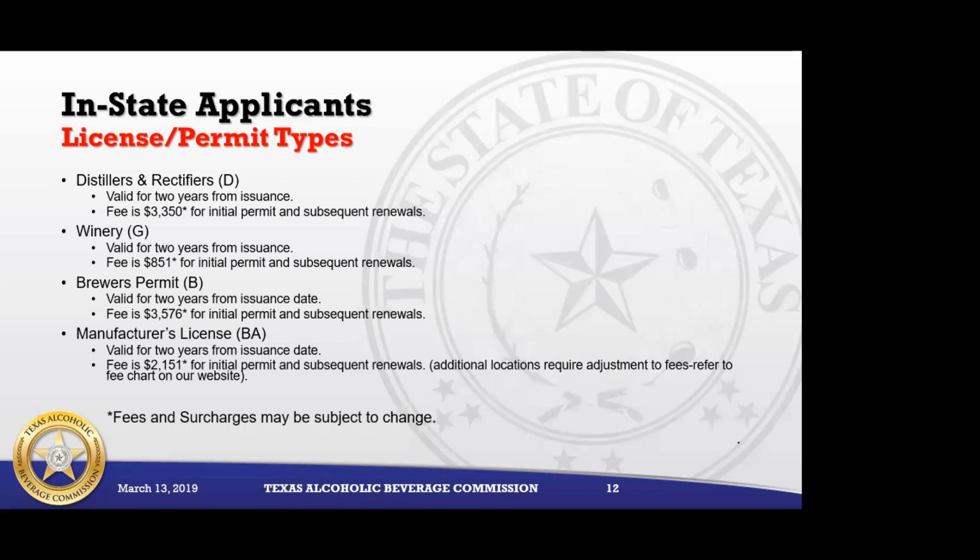We are aware that there are some subordinate permits and licenses that go with the brewer's permit and the manufacturer's license, such as the brewer's self-distribution permit or the manufacturer's self-distribution license. We are not discussing that at this time, but we do want to make that statement that we are aware of the different requirements for those particular self-distribution permits.